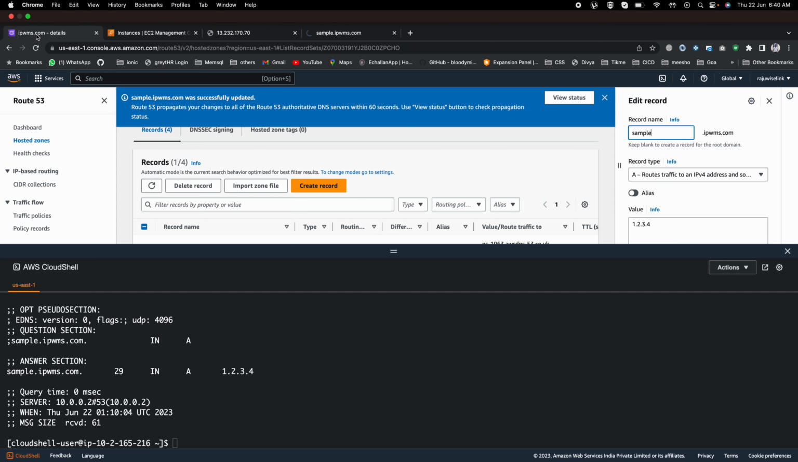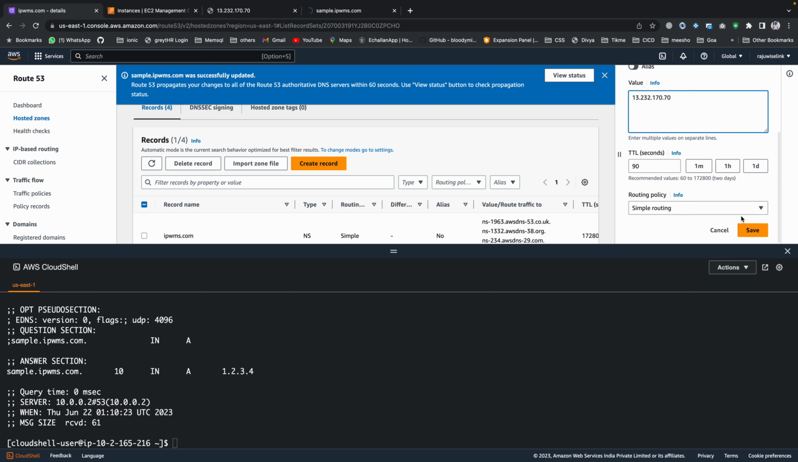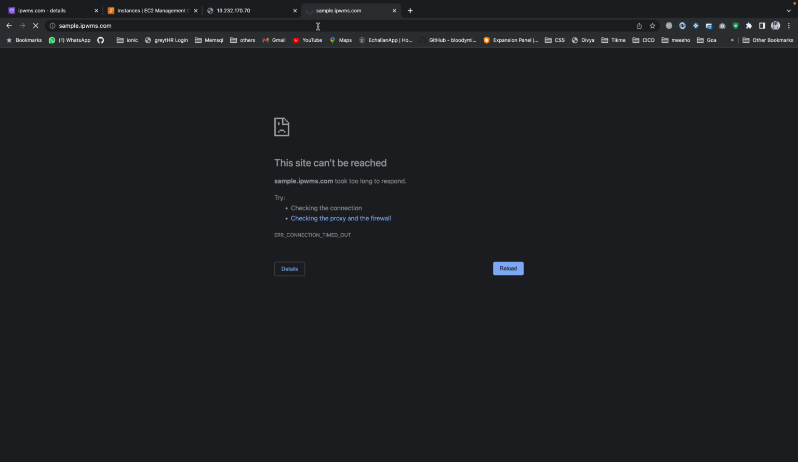But when I go here and give 13.232.170.70, this is the IP address of my EC2 instance, I'll save this. Now if I check this here, for 90 seconds it is like this. So if I open this,